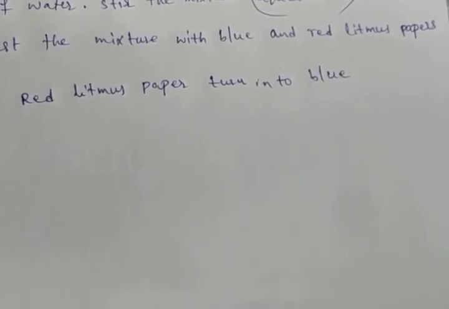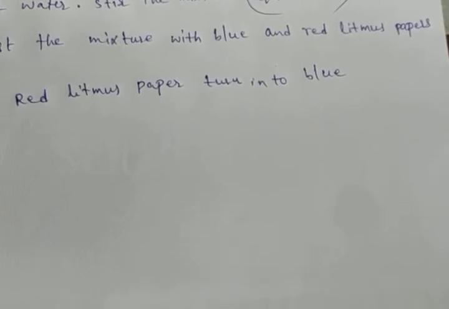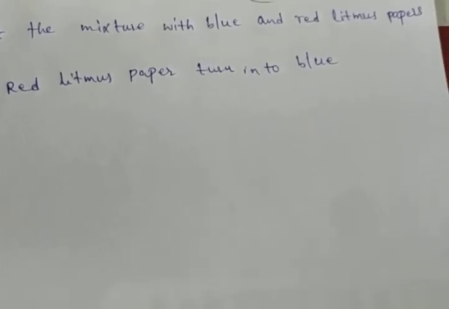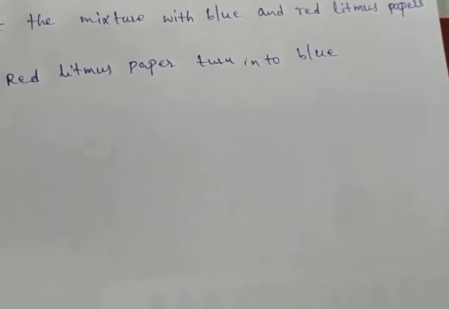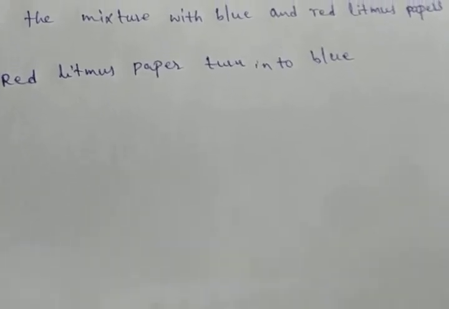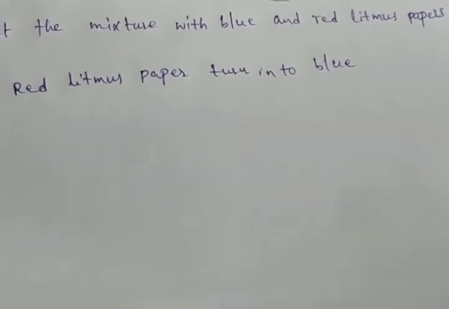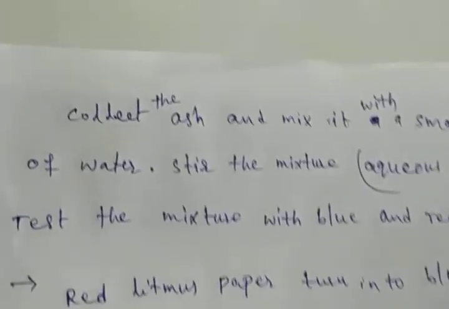So magnesium oxide: after that the ash is collected and we add the water. Okay, we add the water and stir well. It will form magnesium hydroxide. By the equation we can easily understand. On dissolving the ash in water, it forms a new substance. This change can be written in the form of the following equation.